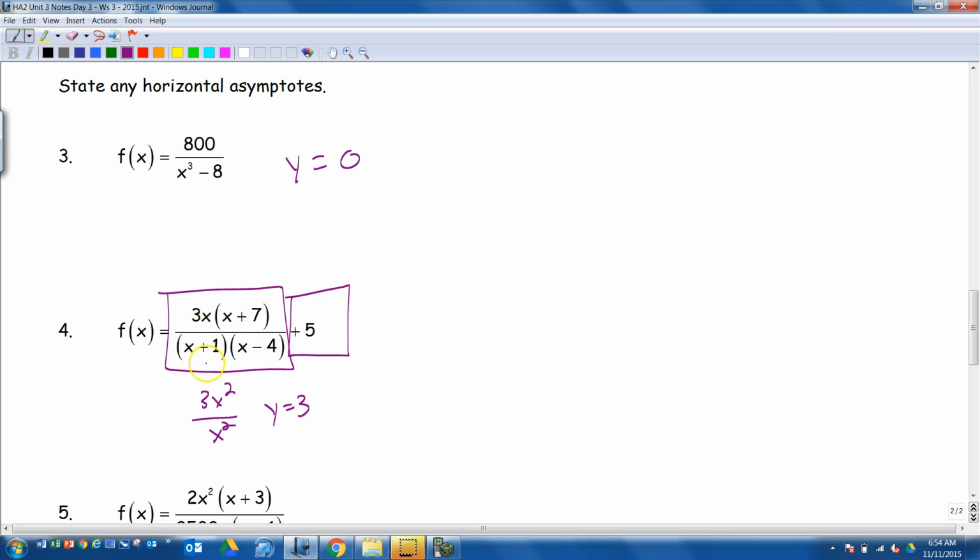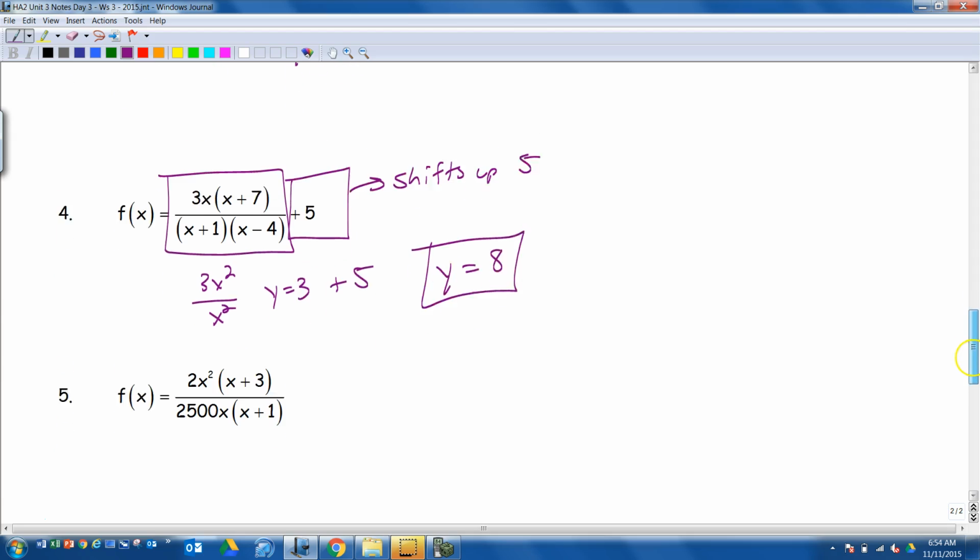However, that's only if we had this graph. Think about transformations again. When we had a +5 tacked onto the end of a quadratic or anything else, that shifts it up 5. So, really where the horizontal asymptote ends up is at y equals 8. Okay? So, and I'm going to talk about that in class from the worksheet anyway, from the answers from last